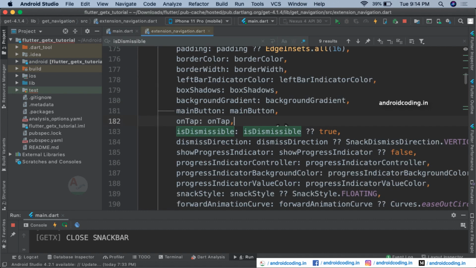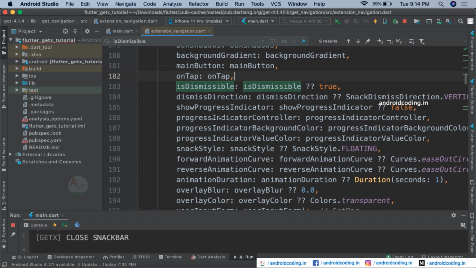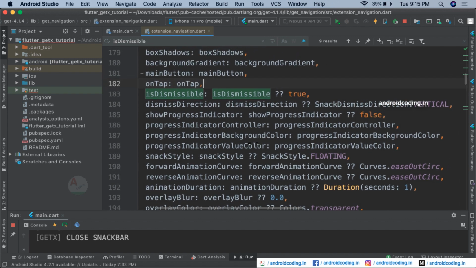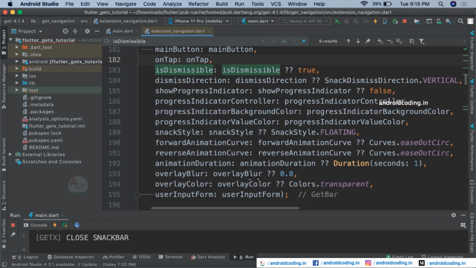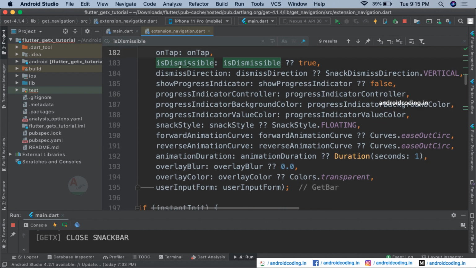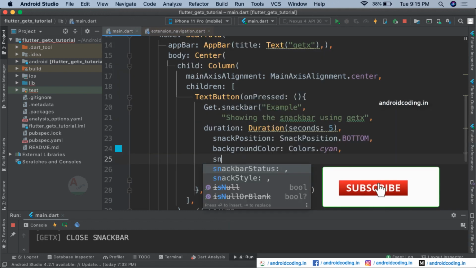Currently I don't want to provide any functionality for my snack bar. You have show progress indicator, and you can also select the dismiss direction here, vertical or horizontal. And here snack style, by default it is floating, so you can alter it.